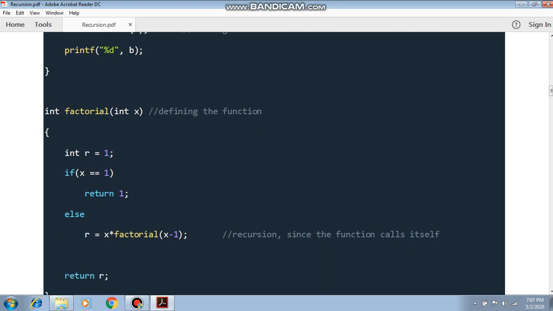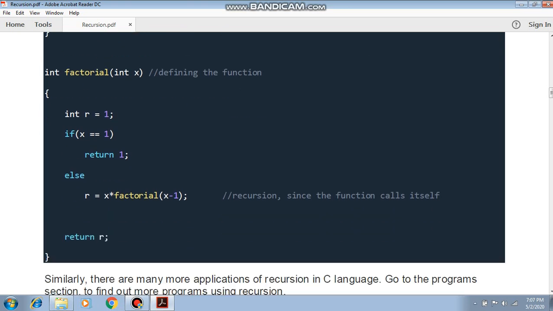Now when we make the recursion, the first case will be for the minimal value. What is the minimal value for finding any factorial? It is 1, because for finding the factorial of 1, the value will return 1. So if x equal to 1, it will return 1.